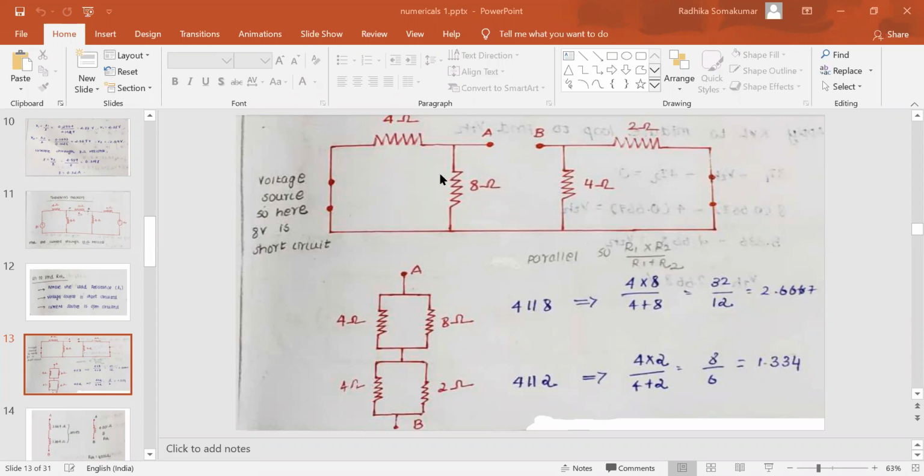Next step is to calculate the equivalent resistance when you view from the load terminals. Madhumita, how can we calculate the equivalent resistance over here? R1 into R2 divided by R1 plus R2, if it is parallel. Parallel connection, very good. So 4 and 8 are in parallel. How about 4 and 2 here? Here also it is parallel. Very good. So this is also a parallel connection. And these two parallel connections are in?